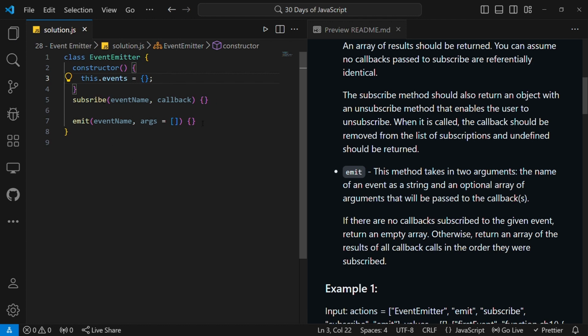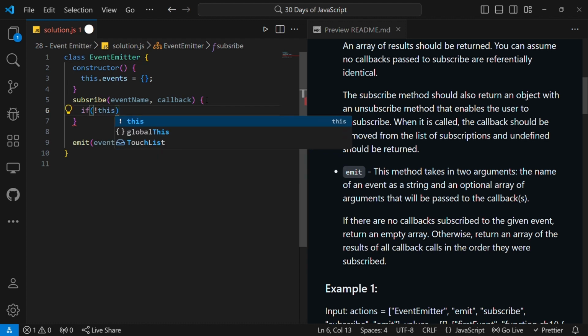So I'll start with the subscribe method. The subscribe method is supposed to register a callback for the specific event. So first we'll have to check if the event exists, and if it already exists, we'll append the callback to the array of callbacks, and if it does not exist, we'll create it. So first I'll check if it does not exist. I'll put a note to check if it does not exist. So I'll say if not this.events,